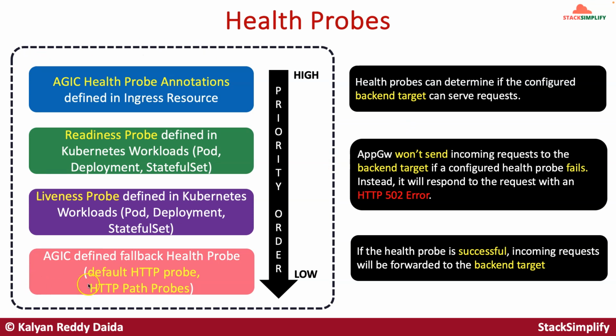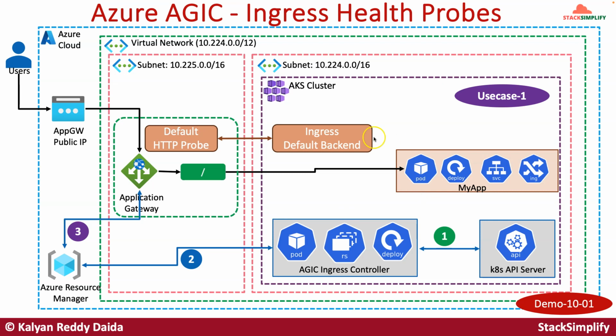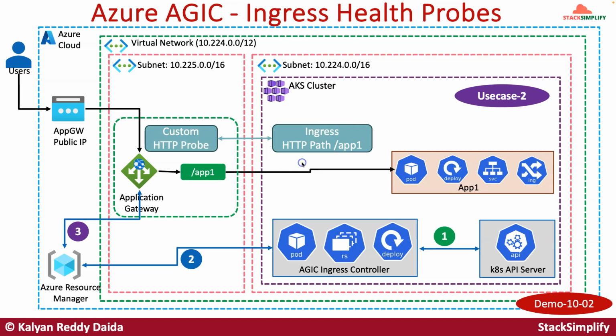So we'll discuss their priority order, high to low, and implement them. We'll start with implementing Ingress with default backend. It uses a default HTTP probe. So we are going to see how it is going to work, and from there we'll move on and implement Ingress HTTP path-based routing in Ingress, which creates a custom HTTP probe for us, and that we are going to